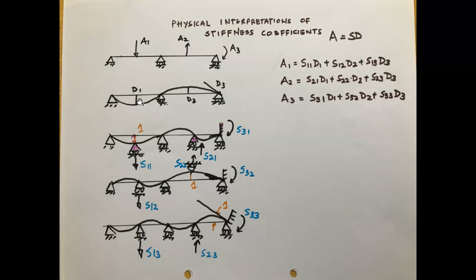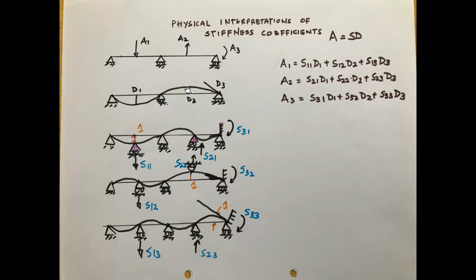Now we have used the superposition principle, which is our equilibrium equation. If you remember, stiffness is nothing but forces, so S11, S12, S13, all these are forces. What I am writing here is the force equilibrium equation. Whereas in the opposite case, in the flexibility method, what we are equating is the compatibility equation, because there we are adding displacements. Here we are adding the forces because of the unit displacements, so this is the equilibrium equation. But finally it gives you A is equal to SD.